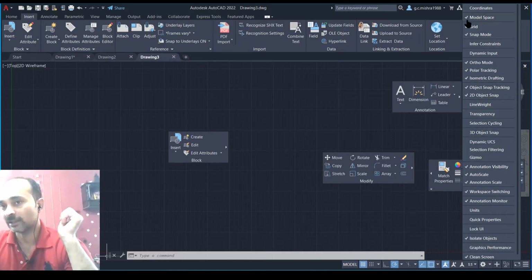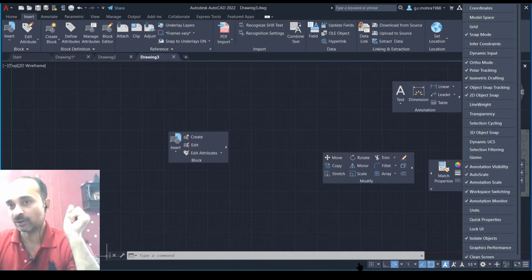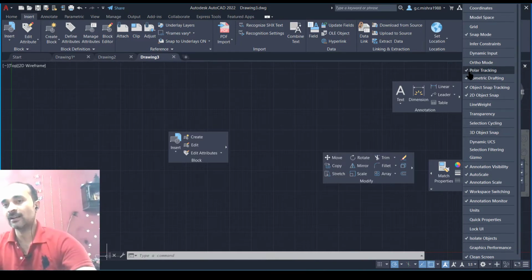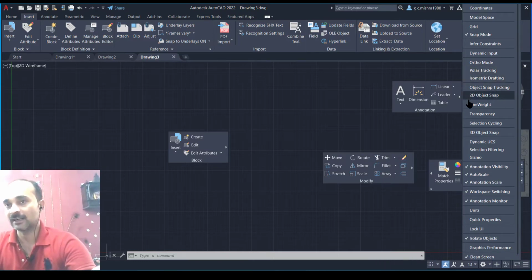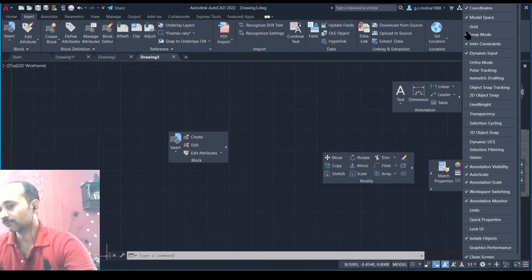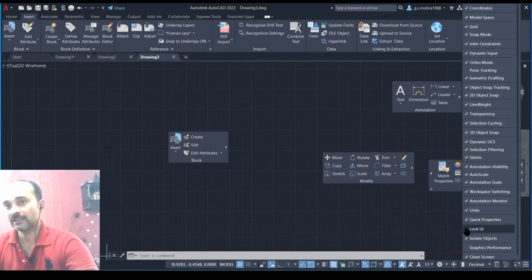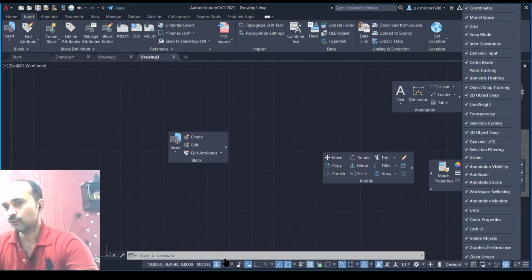You see here model space, grid space, snap mode, dynamic input, polar, ortho. The commands which are ticked are available in the interface. If I start unticking them, then you can see that your ribbon tools are hiding. If you click, they are becoming shorter and shorter. Here are now 10 commands. If I start clicking them once again, then the number of commands will be appearing. So we can hide from the interface as per our requirement.